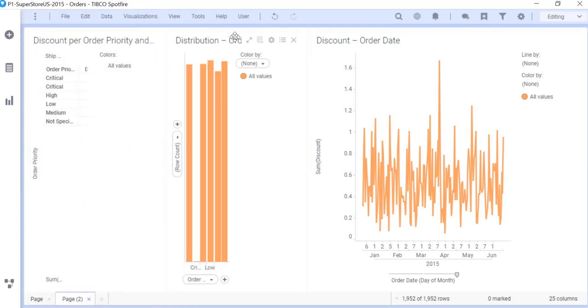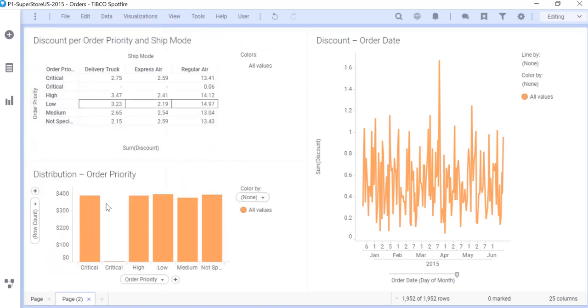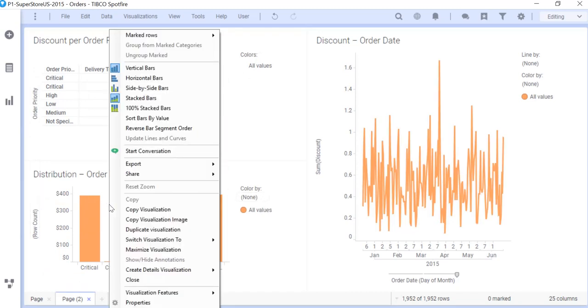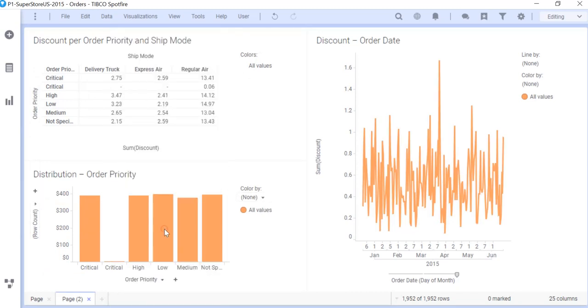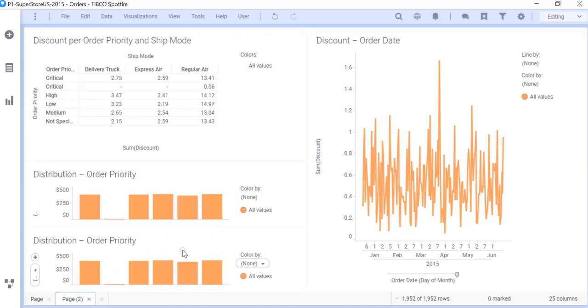All right, all the things can be moved around. Let's say if you want to bring this visualization below this, quite an easy way to do so. Let's say you want a pie chart similar to this bar chart. Right click this, duplicate this visualization, again right click the second visualization, and